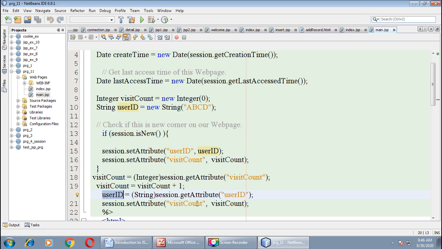But here in page visit counting, we want to change the value every time we visit the same web page by sending a request from the same web browser. We want to increase whatever value we last assigned to visit count by 1. Okay,